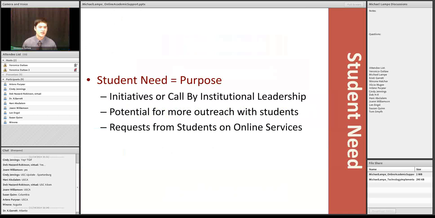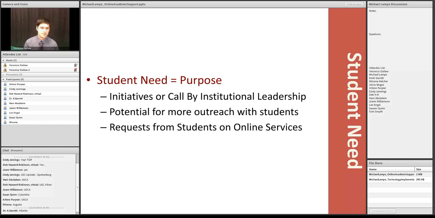You may have non-traditional students that you may not see on campus as much if you're on a bigger campus. If you're on a smaller campus, you may be seeing students that are more of a commuter campus, especially in the smaller communities. Are there requests from students coming into your office saying, I really want to speak with my advisor, for example, but I just can't find the time to meet with them? I work a job along with going full-time. So those are some of the things